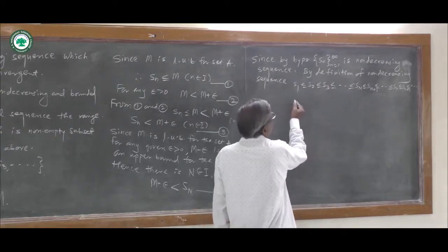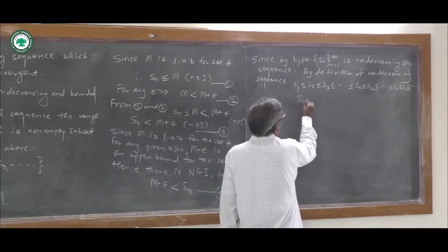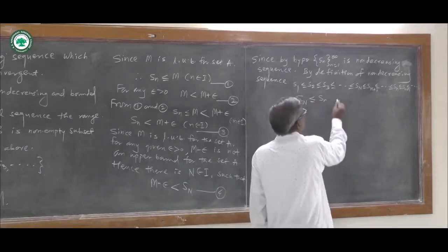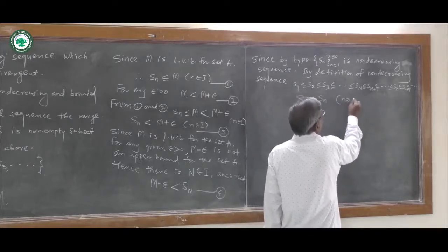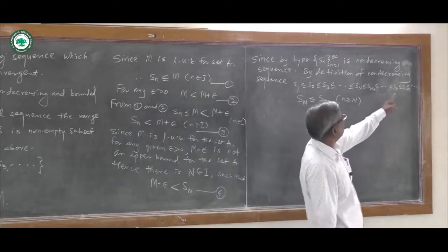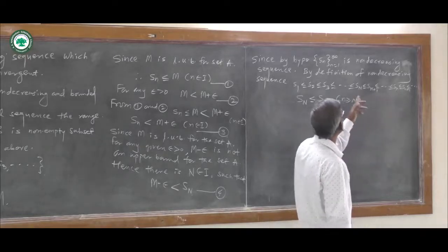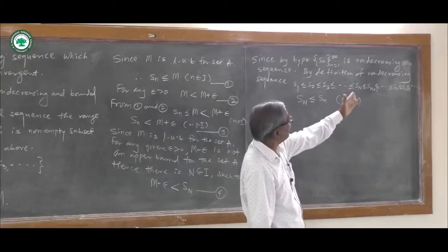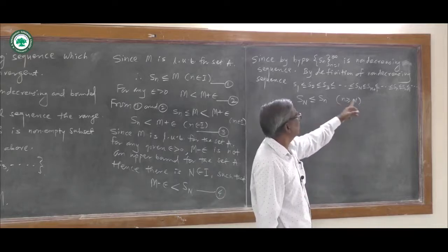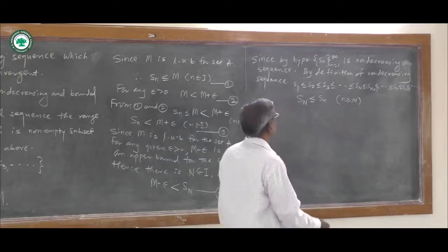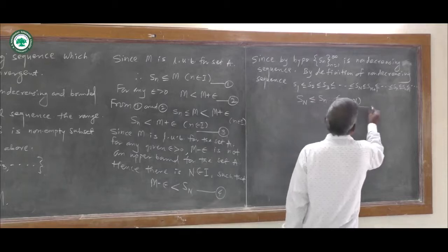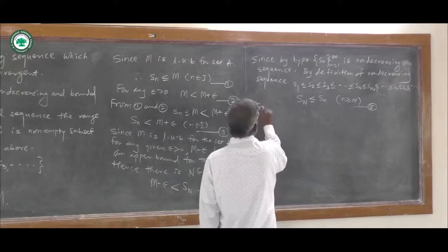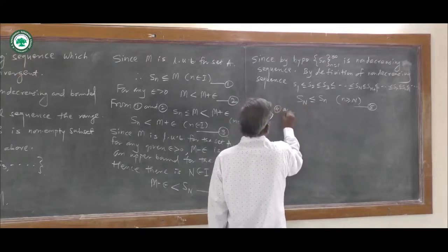Therefore, in short, we write S suffix capital N is less than or equal to S suffix small n for all small n greater than or equal to capital N. The value of this small n is greater than capital N, since 3 is greater than 1, 3 is greater than 2. Therefore, small n is greater than capital N. This is step 5, relation number 5. From 4 and 5,